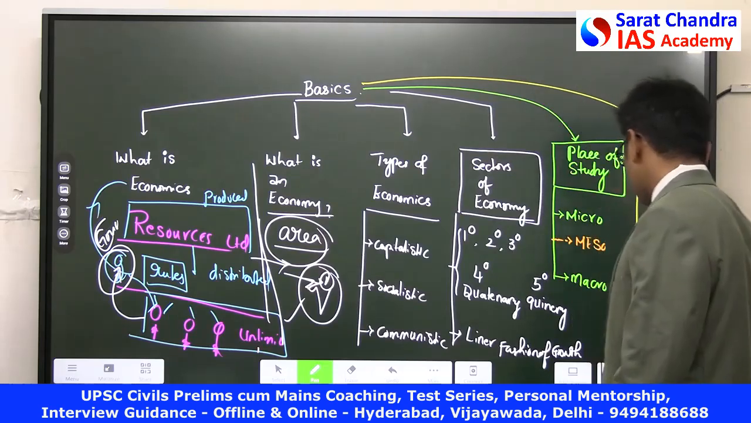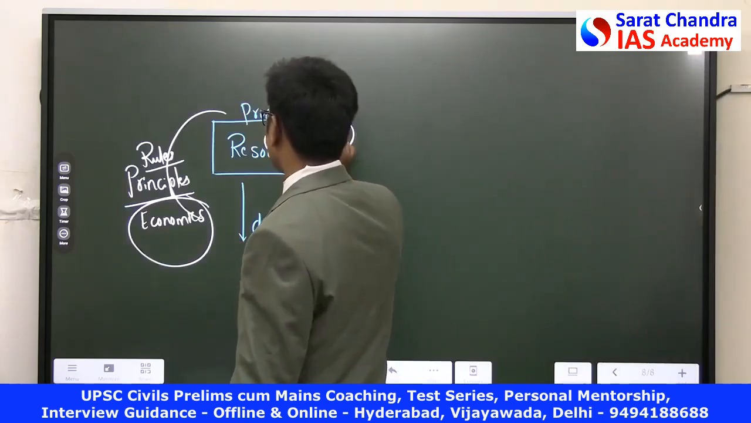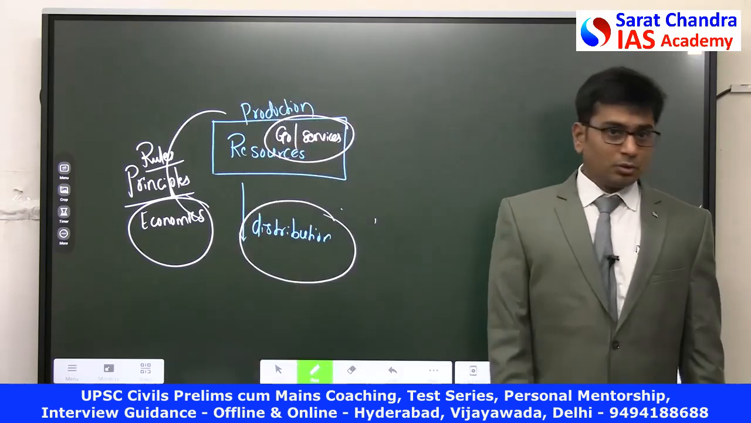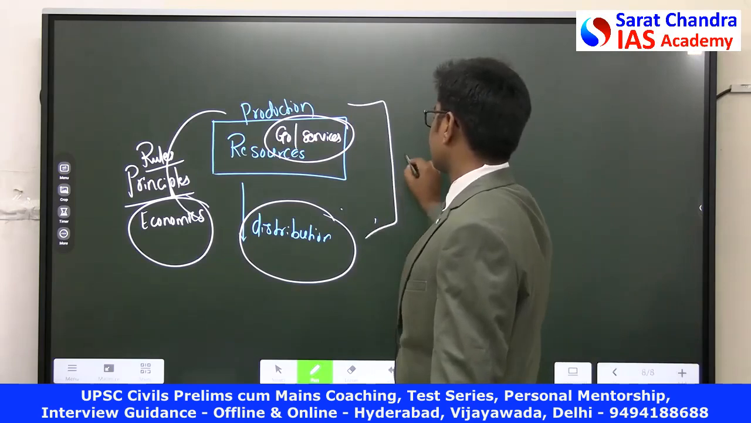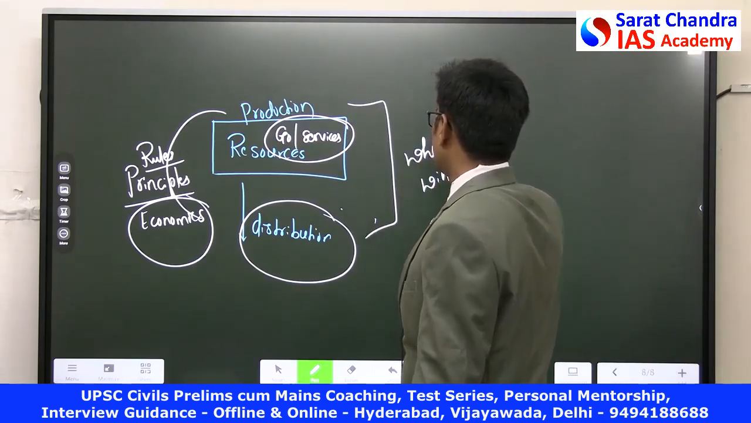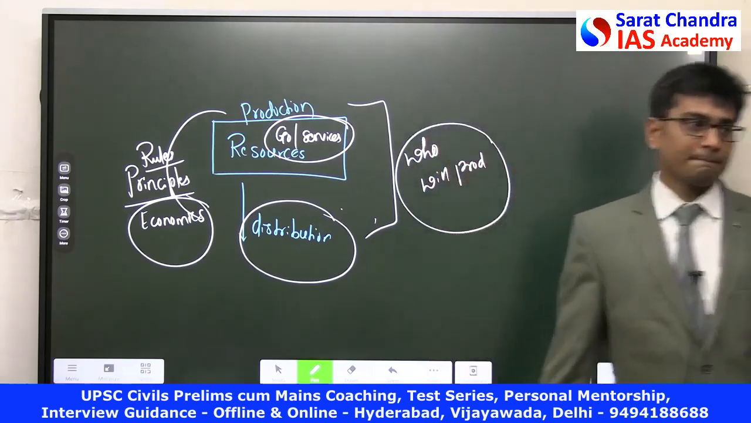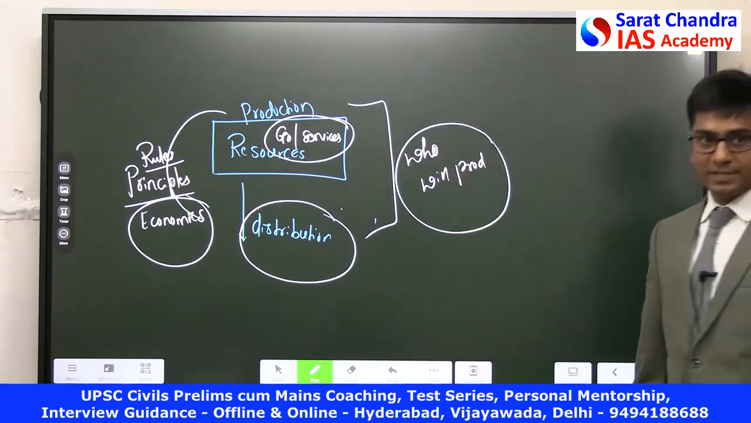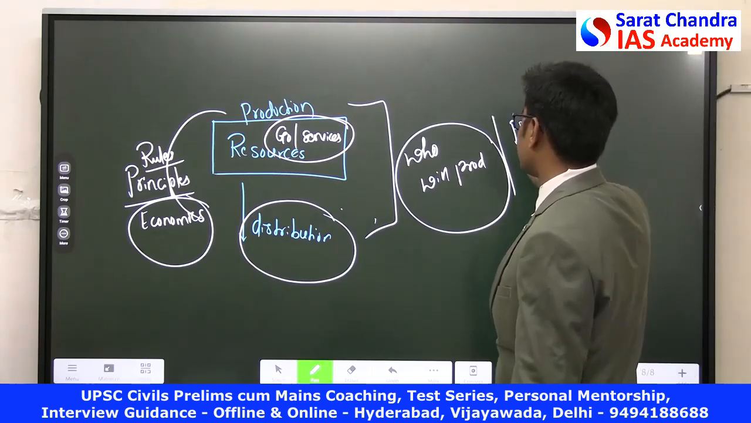Now look, hold on. I said economics is the production and distribution of goods and services. Now the question is, who will produce this, who will distribute it? Who will produce it and who will distribute it? If the production and distribution is done entirely by a private person or private agencies